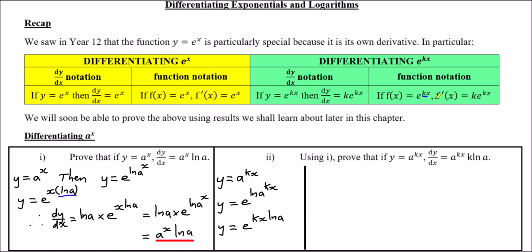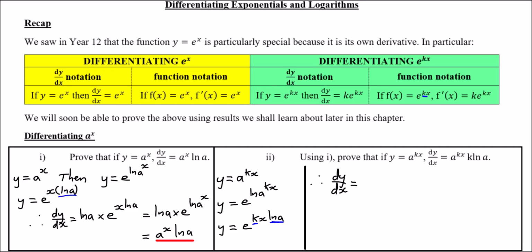Well, a constant term is any value that isn't going to vary. So our constant terms here are obviously k, and also ln a will be a constant. And so using this result, if we differentiate, then the constant, which is k multiplied by ln a, will move to the front. So therefore, dy by dx